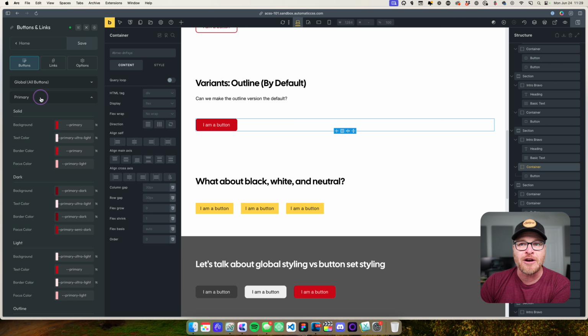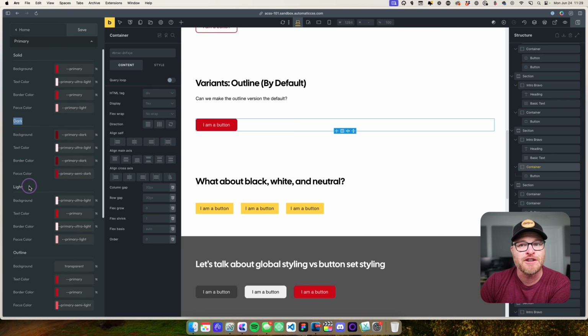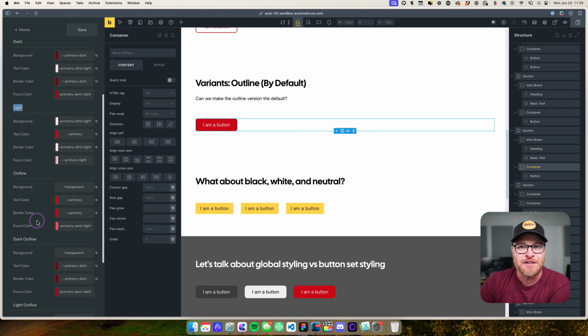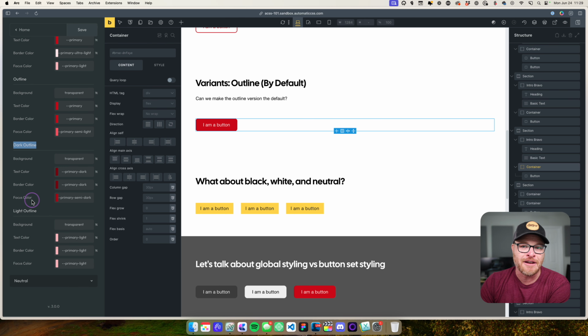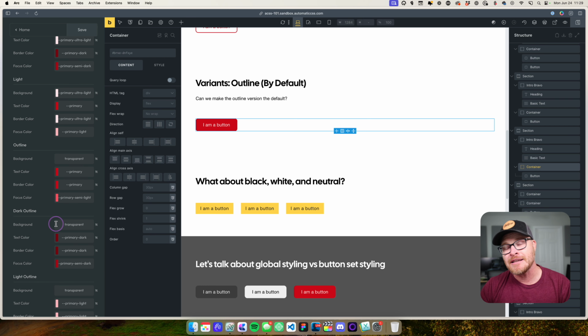Now, I have primary. I'm going to open that, and we're going to see, look at this. I have controls for the solid variant, controls for the dark variant, controls for the light variant, the outline variant, the dark outline variant, and the light outline variant. Now, before we make the solid button outline by default and answer that question, let's just talk about the fact that